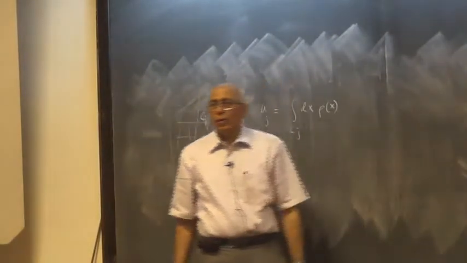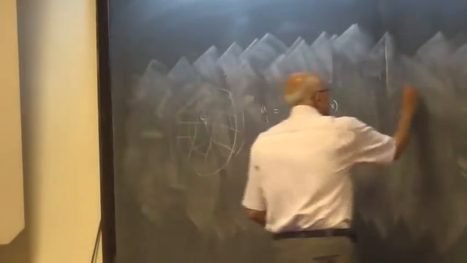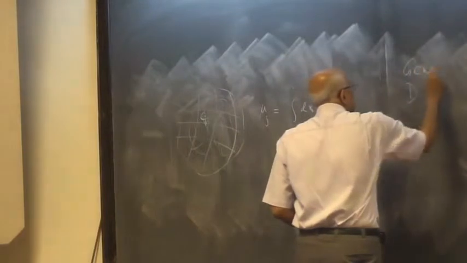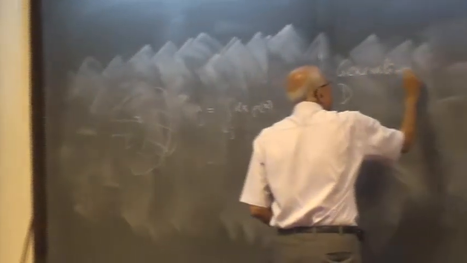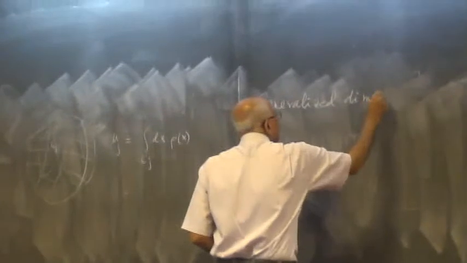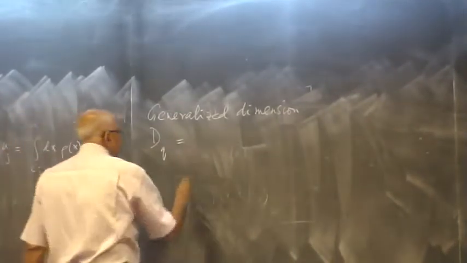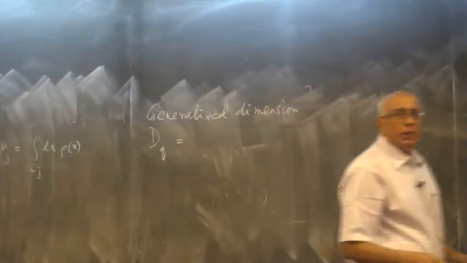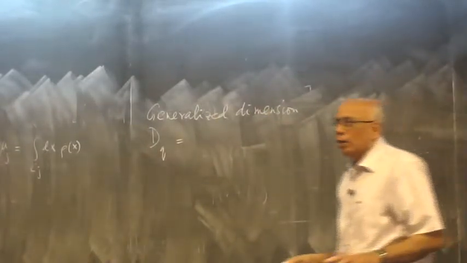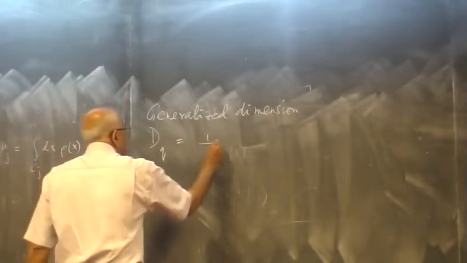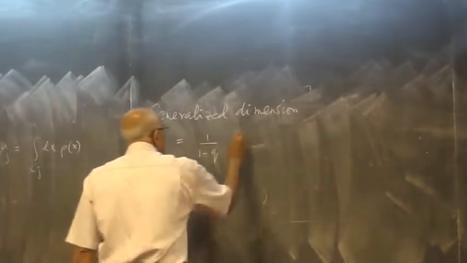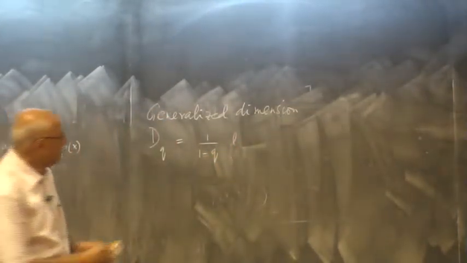Now, I define the following quantity. I define a generalized dimension dq, parameterized by real number q, as follows. It's a generalization of the idea of a fractal dimension as well as the idea of Shannon's information and the standard thermodynamic definition of entropy. So it's equal to 1 over 1 minus q, limit,